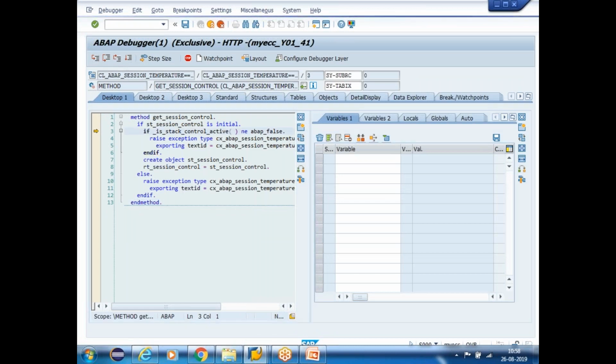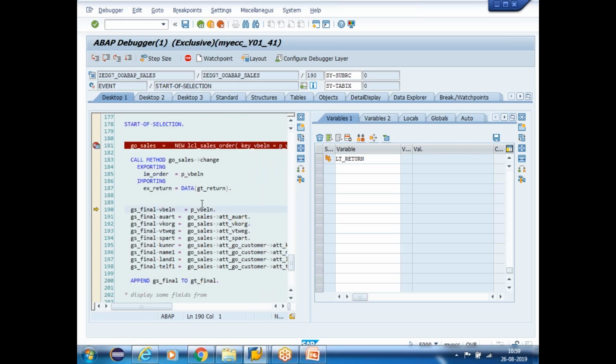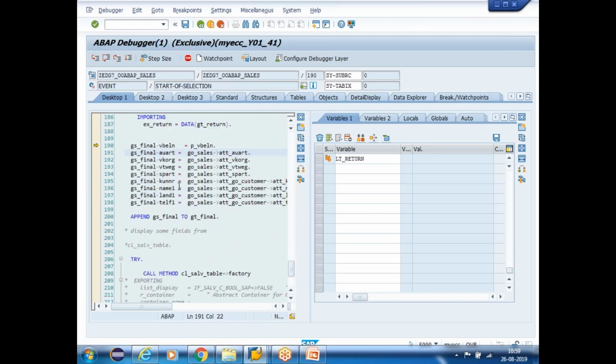Come back. This is the function module for the commit. So I got the results. That result I am getting out of this method. So my input is the sales order number. I am getting the results over here. So here, simply, guys, I am taking whatever values I want into my final internal table, and